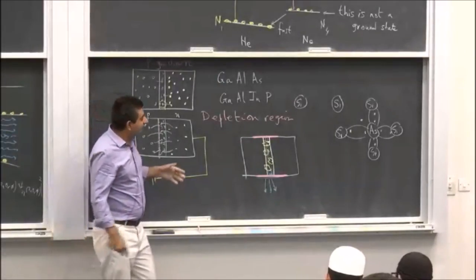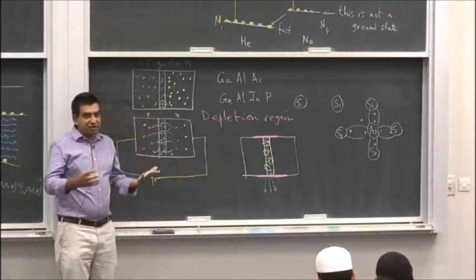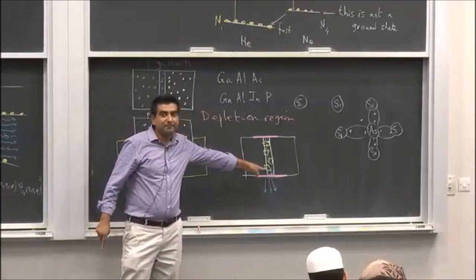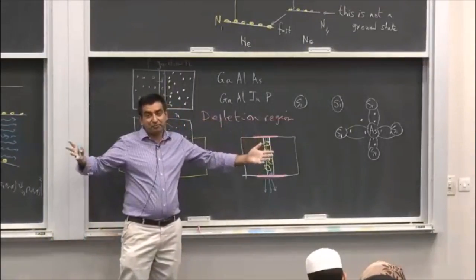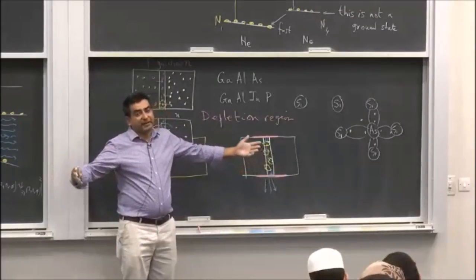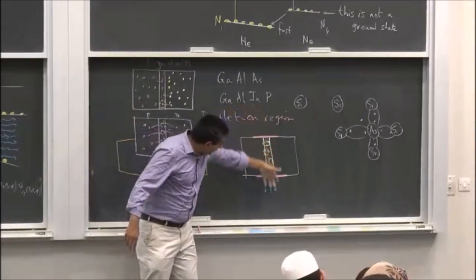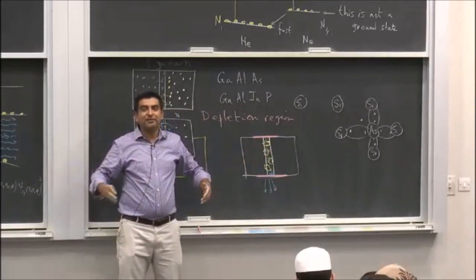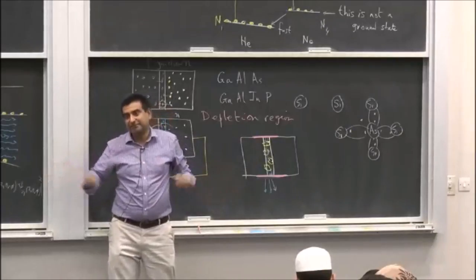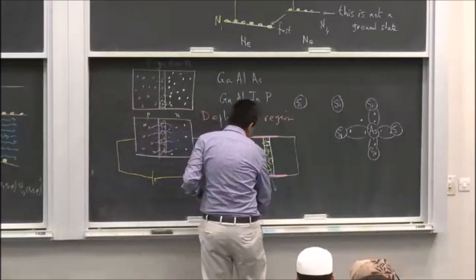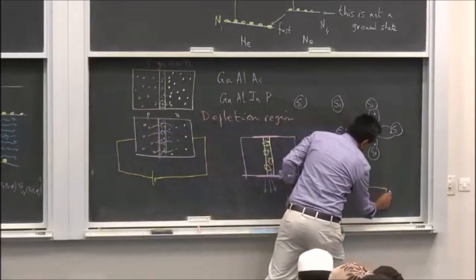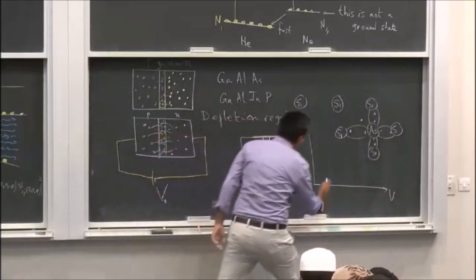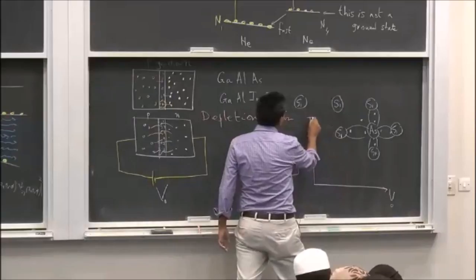And if you have a battery with a voltage large enough, you can achieve population inversion inside this system as well. Now in order to describe this, I need to talk about bands, which you don't know about. But nevertheless, I'll give you a hint. When population inversion is achieved after a certain threshold of voltage, that LED is converted into a laser. So if I draw the voltage, V0, versus the intensity of the output light,